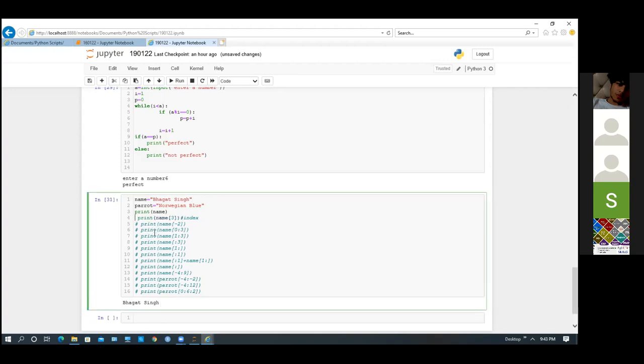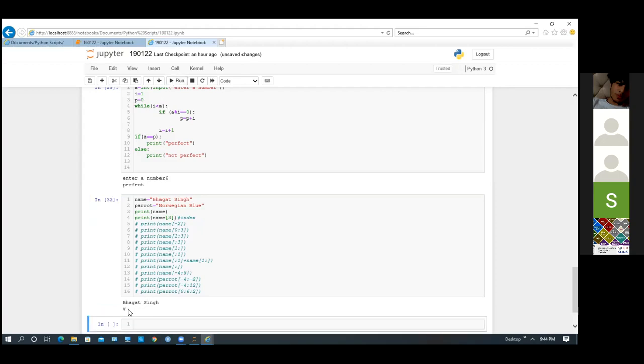Now, if I write print name with 3 in the brackets, can you tell me what will be printed? If I run it, you will see it will be printing G. That means I am printing the third element: 0, 1, 2, 3.